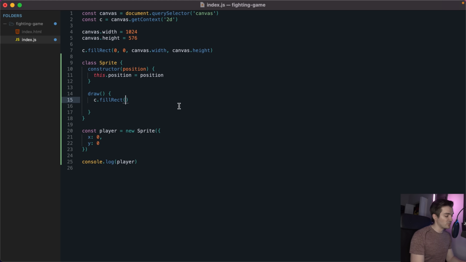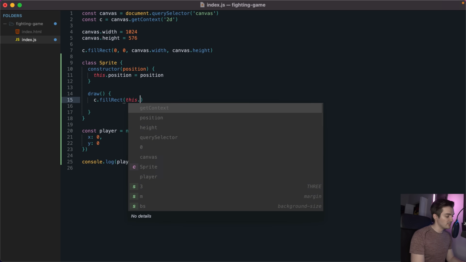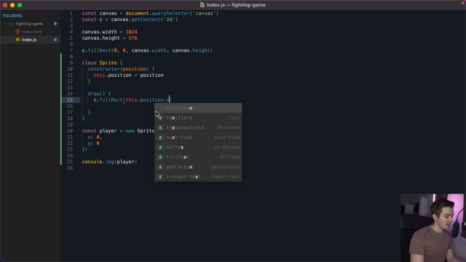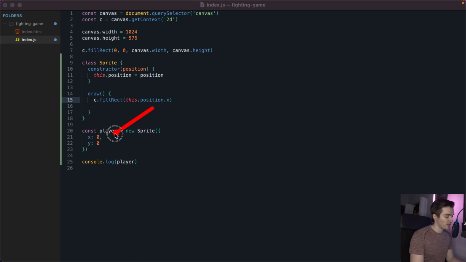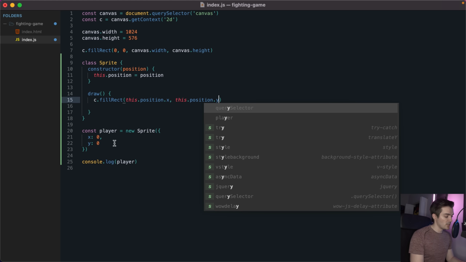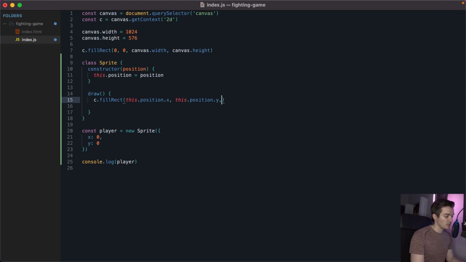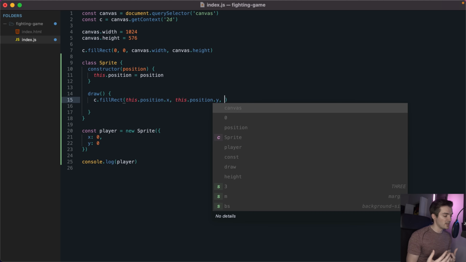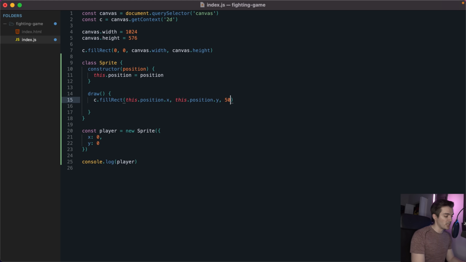So now that we have this.position, we can use it within c.fillRect to say that our x value should be this.position.x. So now this right here is just referencing this x that we passed through. Our second argument is going to be this.position.y. That's going to reference this y value right here. And then finally, we need some sort of width and height associated with our player. To start, we can go ahead and just put these in as static values. I'll go ahead and say our player is going to be 50 pixels wide and about, let's say, 150 pixels